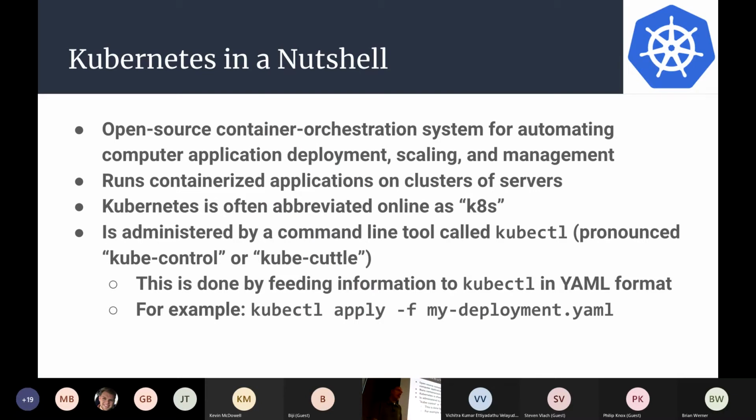So then the next question you might have is, okay, if Kubernetes is a cluster of servers that can run containerized applications, how do I interact with it? How do I tell Kubernetes to run an application? And you do that using a tool called